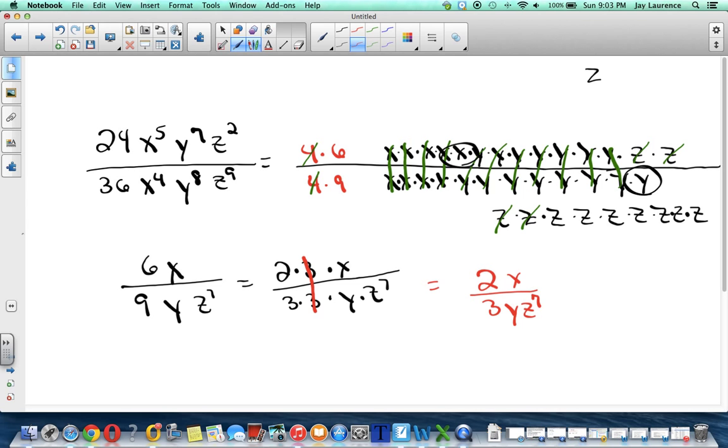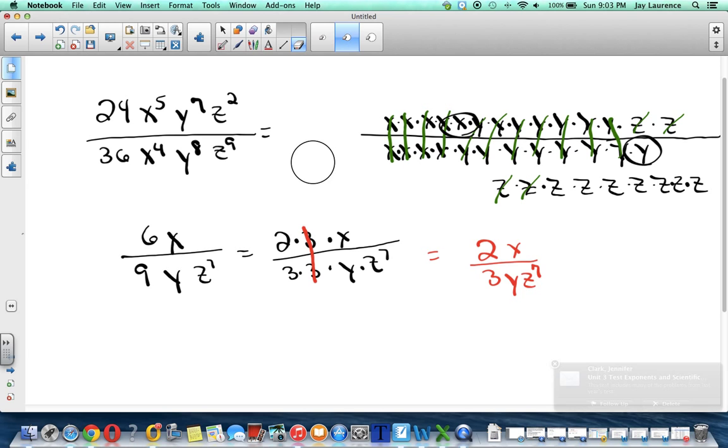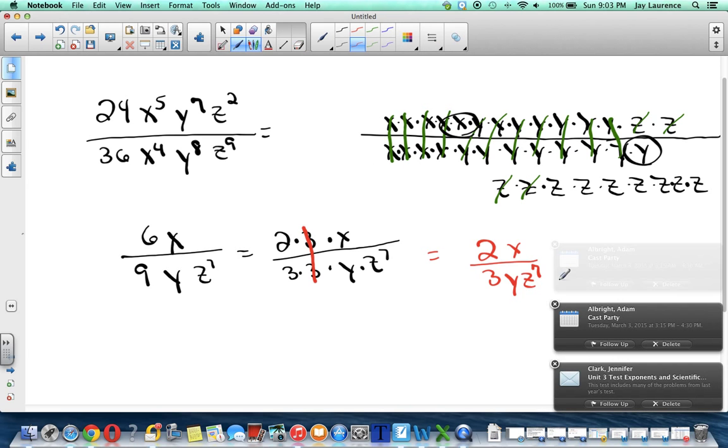Now, one suggestion I want to make. Instead of writing 24 as 4 times 6 and 36 as 4 times 9, if you get what's called the greatest common factor,